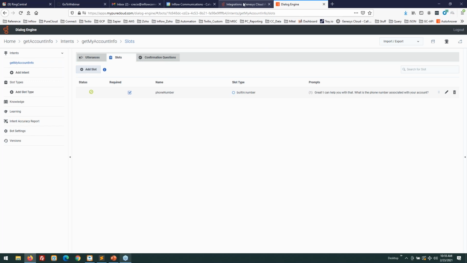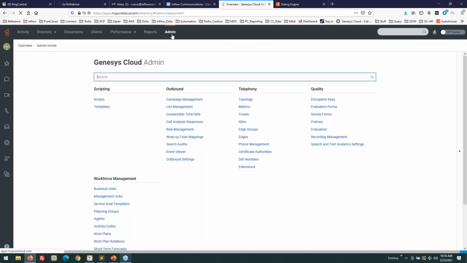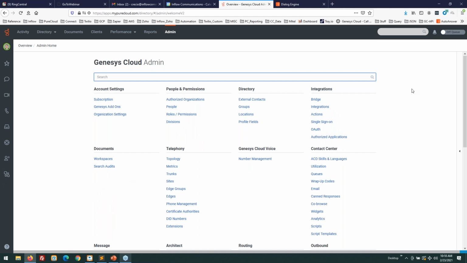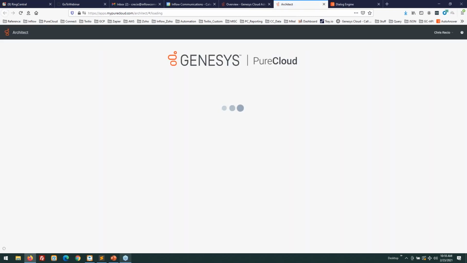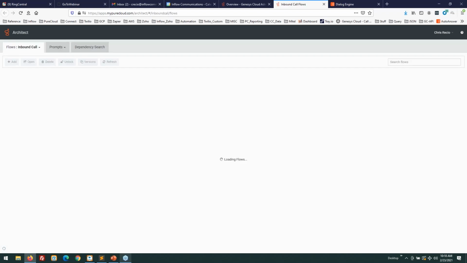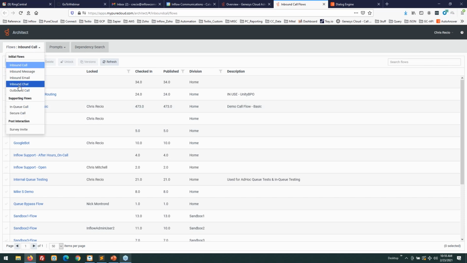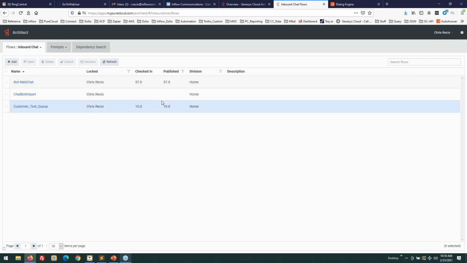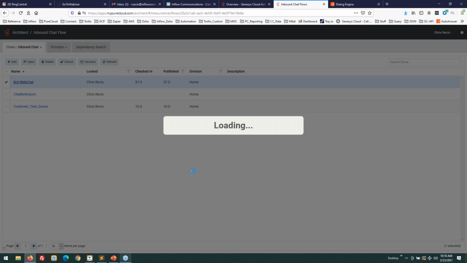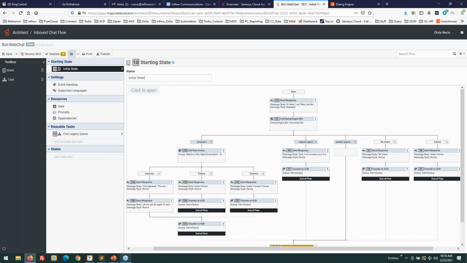Once we get into Architect, I'll go there now in Genesys, I can now see the bot and the Architect will let me interact with the bot. So now I'm going to build my flow. So in Genesys, Architect is responsible for intercepting web chat, messaging, any sort of communication with clients. In my case, I'm configuring this as a web chat. So I'm going to go into my web chat that I have pre-configured, but I'm going to show you that my bot is there. It's available for use, and now I need to just configure an option.